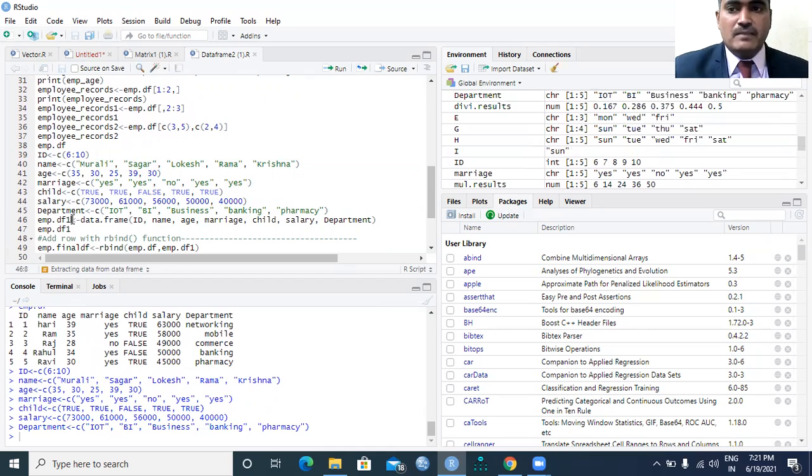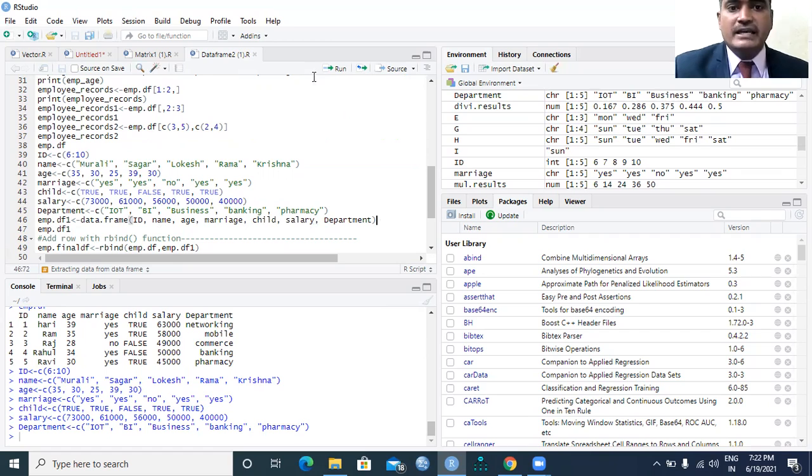The name of the data frame is employee.data frame 1, and with the left assignment operator, I called the data frame function. In the data frame function: the ID, which is integer type; the name, character type; the age, numeric type; the marital status, character type; the child, logical type; the salary, numeric type; and the department, again character type.